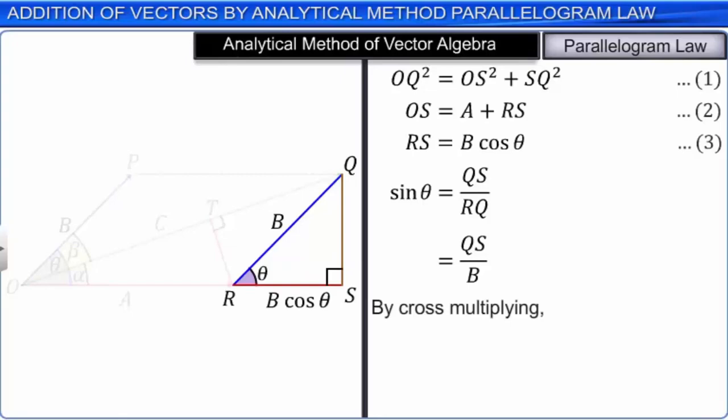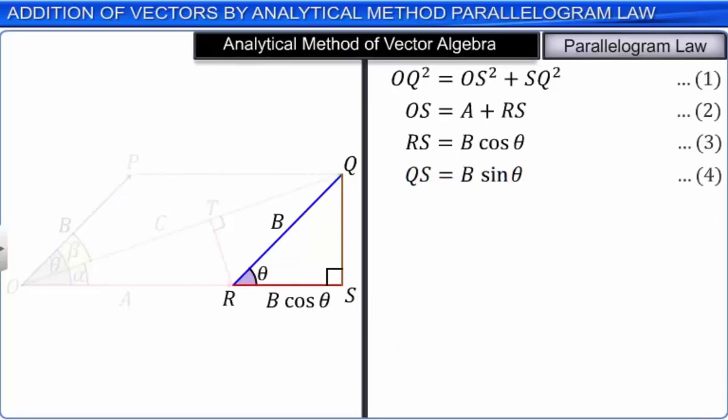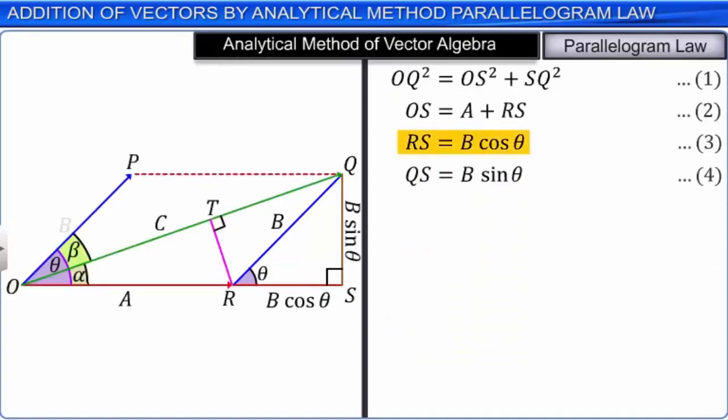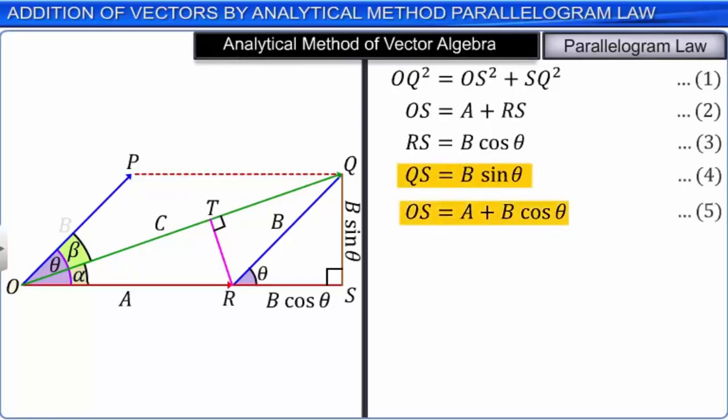Substitute equation 3 into 2. We get OS is equal to A plus B cos theta. Let this be equation 5. Substitute equations 4 and 5 in 1. We get OQ square is equal to A plus B cos theta the whole square plus B sin theta the whole square is equal to A square plus B cos theta the whole square plus 2AB cos theta plus B sin theta the whole square